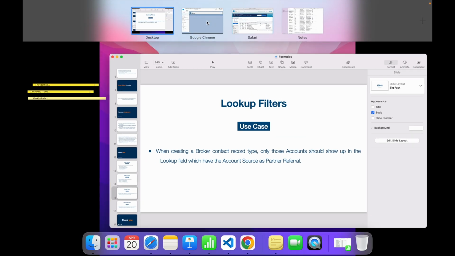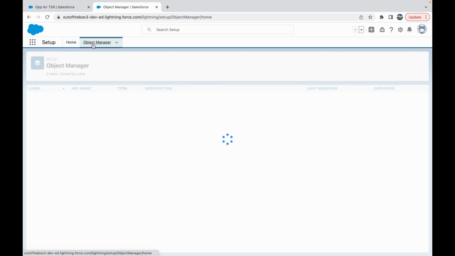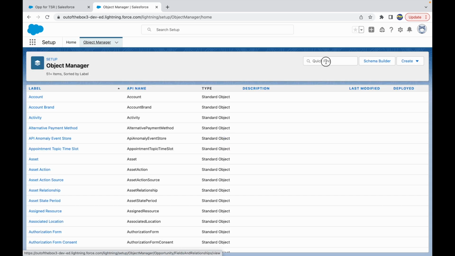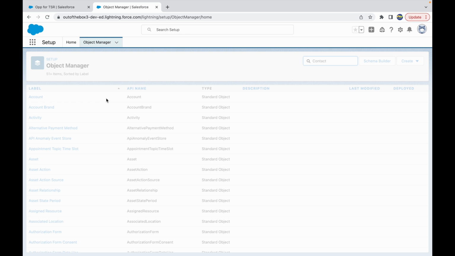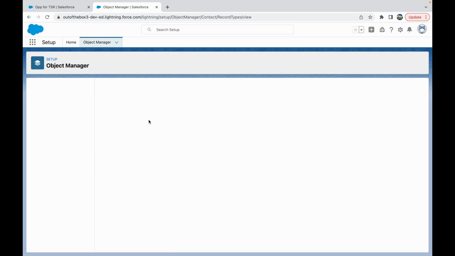Let's go to Salesforce. And what object are we on? We should be on the contact object because we need to first of all configure a broker record type. So let's go to contact and let's create a broker record type first of all. So down below I should have an option that's called record types. Let's click on new